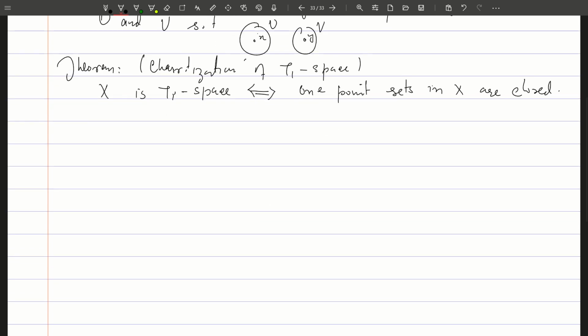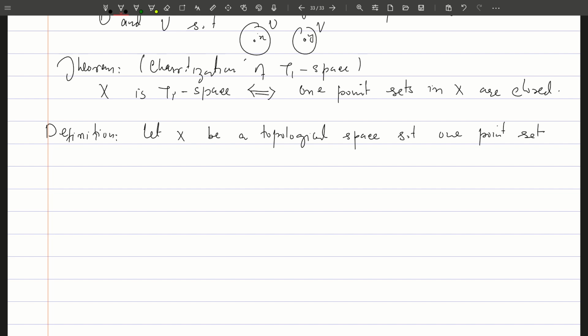Now let us define what we mean by regular and normal spaces. So we have the definition of a regular space. Let X be a topological space such that one point sets in X are closed. So here we are assuming that X is a T1 space, so the one point sets are closed in X. Then X is said to be a regular space